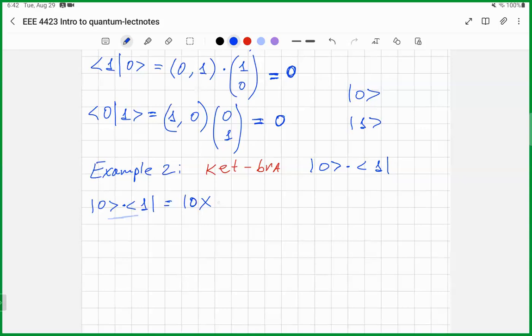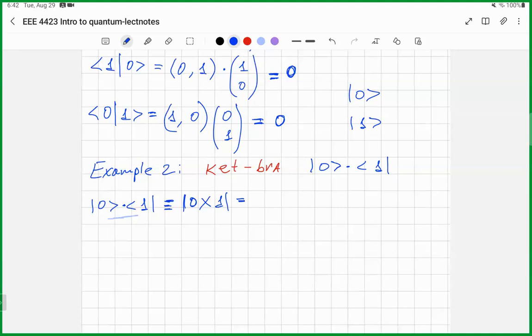So I put x and then 1. So this is the same as the first term. So we can use the rules of matrix products to find what is this cat-bra